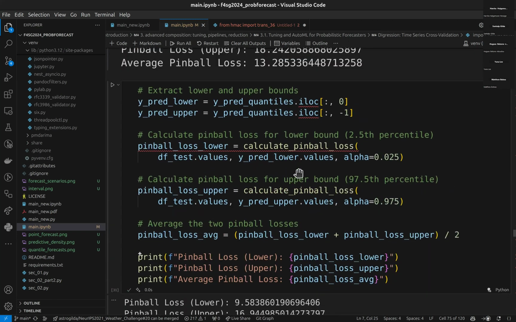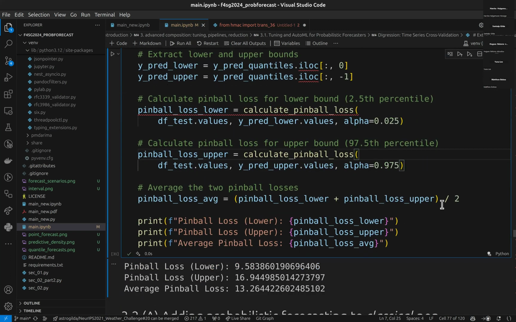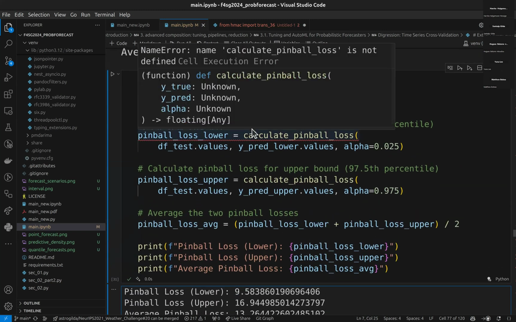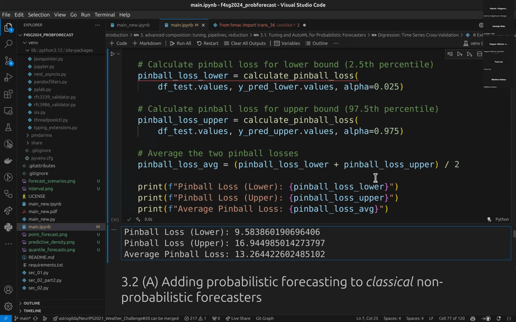Originally, our pinball loss was 13.28 on average. On the low side, it was 8. On the high side, it was 18. And we do the exact same calculation with our ARIMA model, which has been tuned using HPO, and we get different results. We slightly improve. We get worse on the lower side, we get better on the high side, and from 13.28, we drop to 13.26, which is not, I will admit, a great improvement, but it highlights two